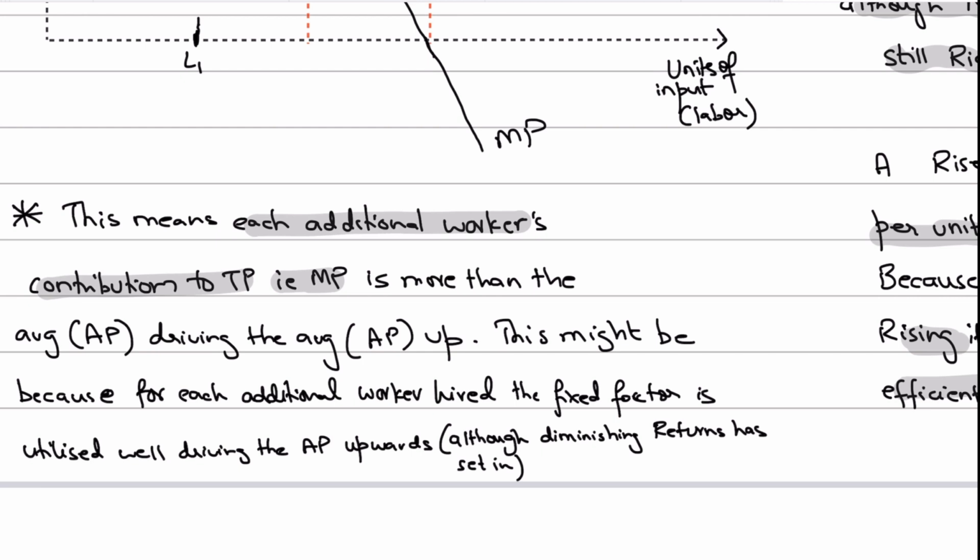So whatever the average of the 5 workers is, the sixth worker's margin, the sixth worker's contribution to total output is definitely more than the average of the 5 workers, and it's actually pulling the average up. And